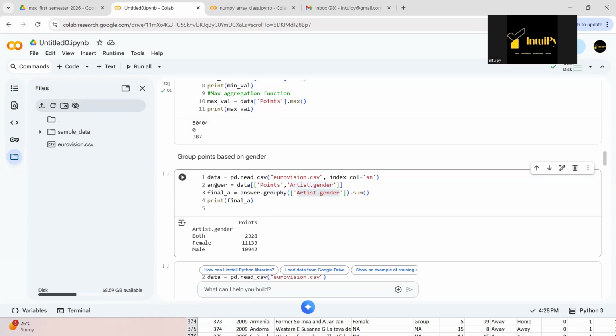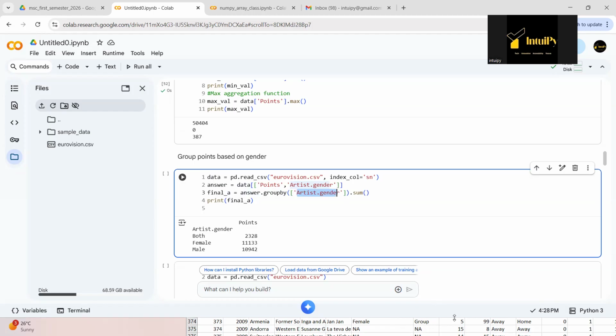That's what we're saying here. So here, these are data frames. From this data frame, pick the points for all artist gender, and then group the points based on artist gender. So invariably, we are saying, go to that CSV file,